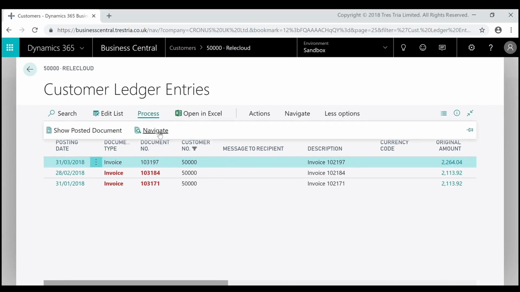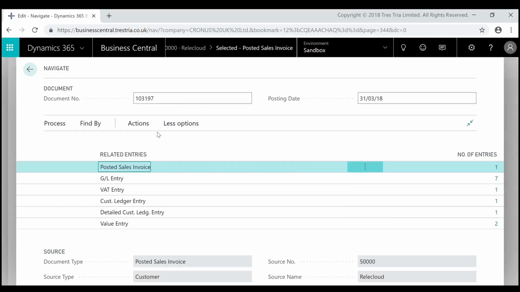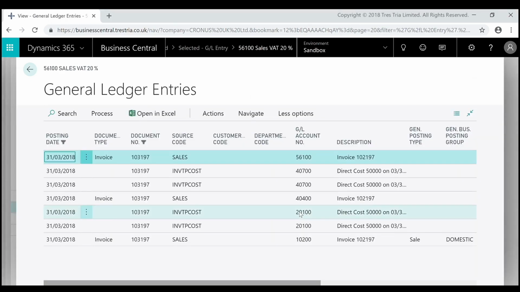I also have this Navigate function. Again, you may remember this from Chapter 1. When I hit Navigate, the system will collate all of the ledgers where this transaction has touched. For instance, I have 7 GL entries, and again, without having to come out of my customer's account, I can